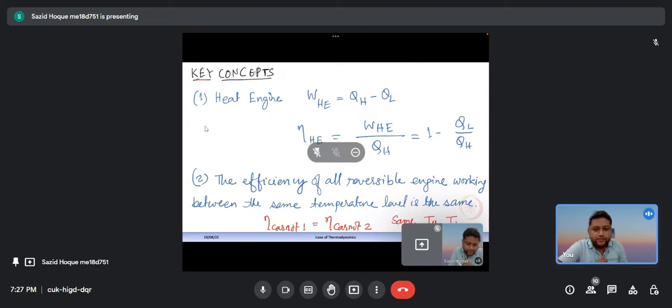So this I discussed in the last class also about the heat engine. If you have thermal energy reservoir 1, which means it has an infinite capacity, like the temperature, if it is at T1, it will not go down. And if you have a heat engine which is taking heat from this,